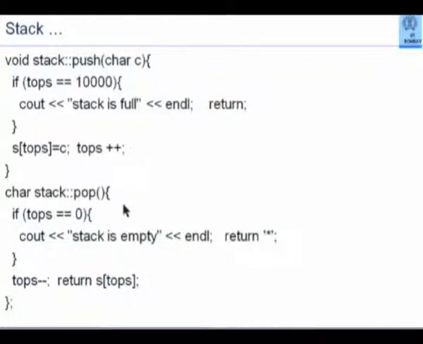But here again, I might have nothing in the stack. Everything has been popped out. So if I say pop, nothing will come out. And that is indicated by the fact that if top S is already at 0, there is nothing below that. And therefore, I will have to say the stack is empty.